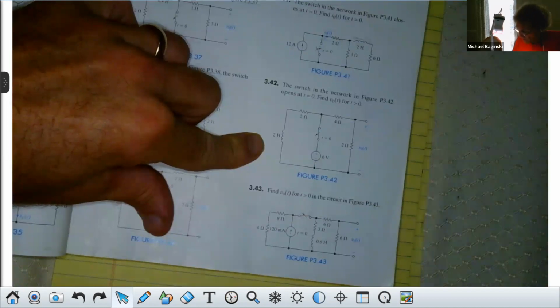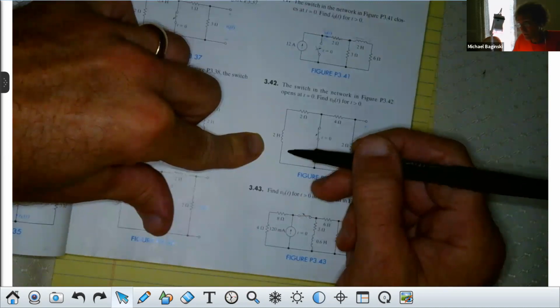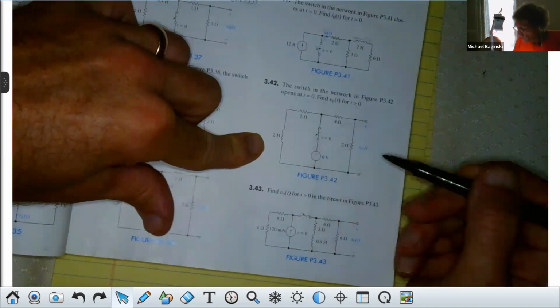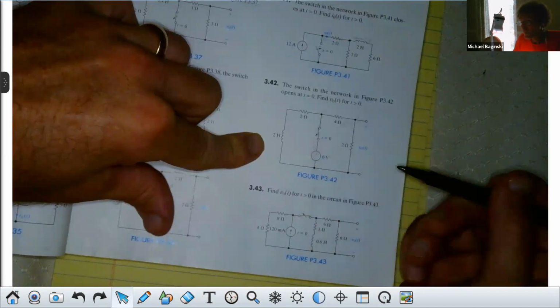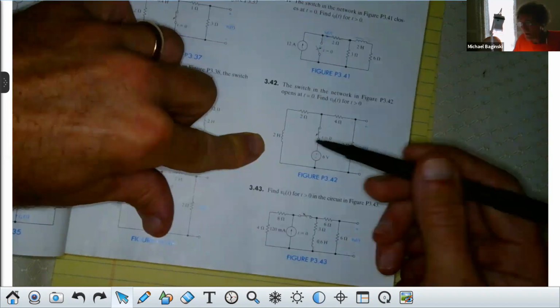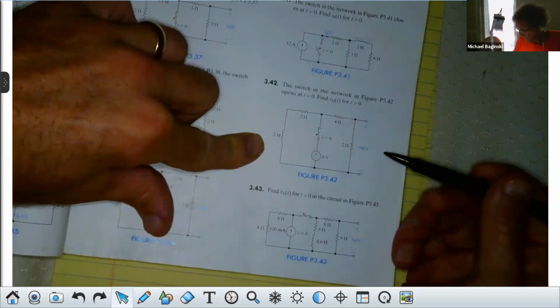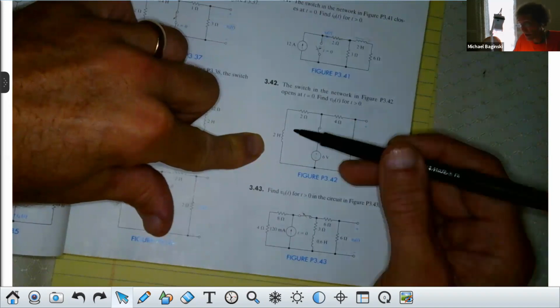So here we've determined the current for t less than 0 is 3 amps. We've determined the current as t goes to infinity is 0. We've determined R Thevenin is equal to 8 ohms, right? What is tau? L over R, correct, class? L is 2 over 8 would be 1/4. Do you agree? Now we have everything to write an equation for the current for t greater than 0 without